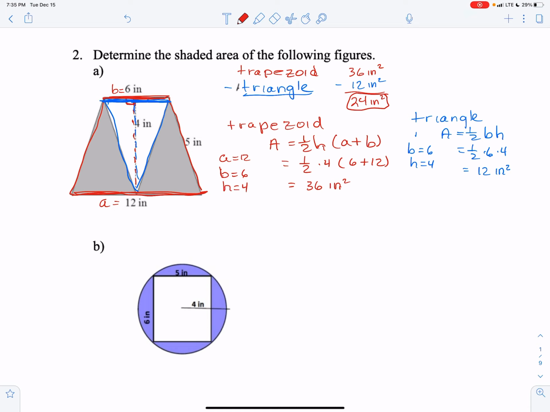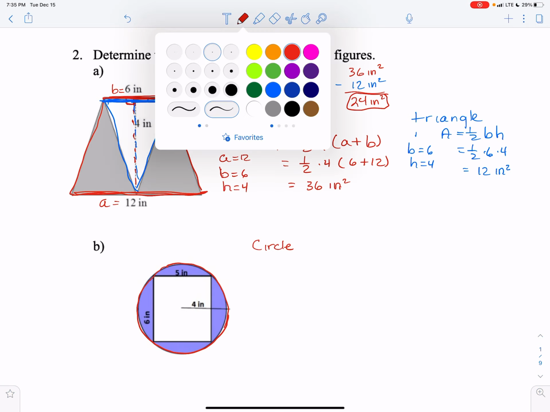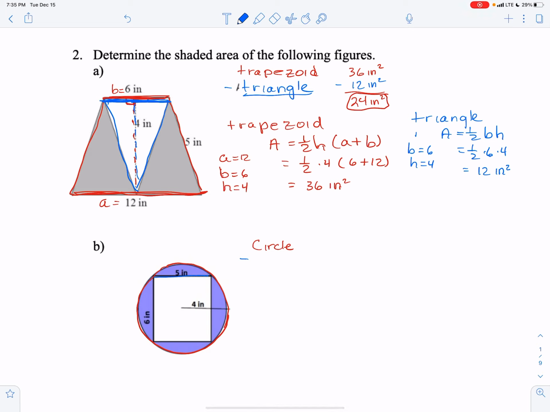For B, to find the shaded area, we're going to take the area of the circle and we're going to subtract the area of this rectangle. So for the circle, the area is pi r squared. Now the radius, the circle's distance from the center to any one side, so the radius is 4. So it'll be pi times 4 squared. It gives us